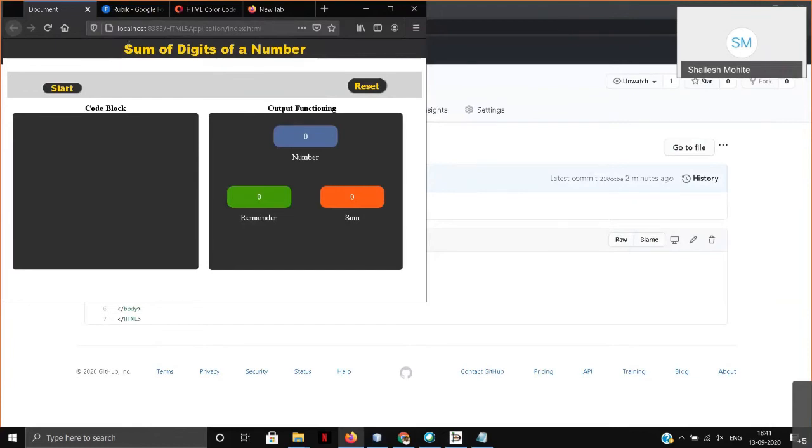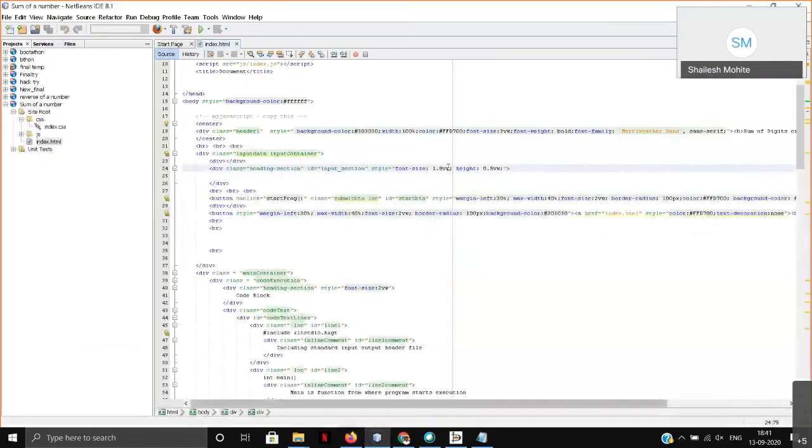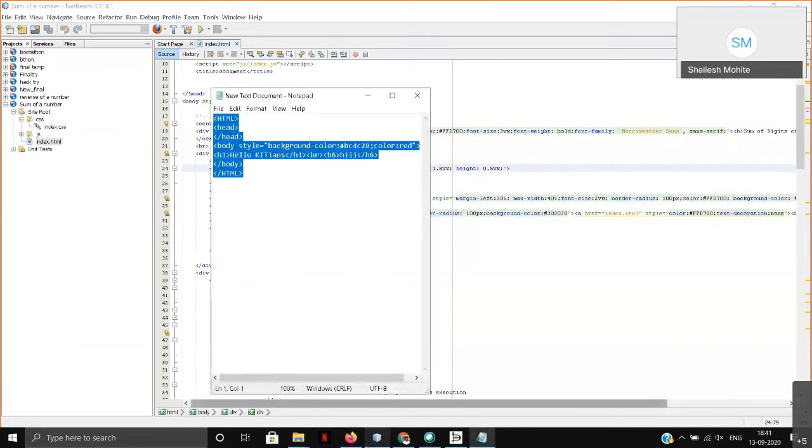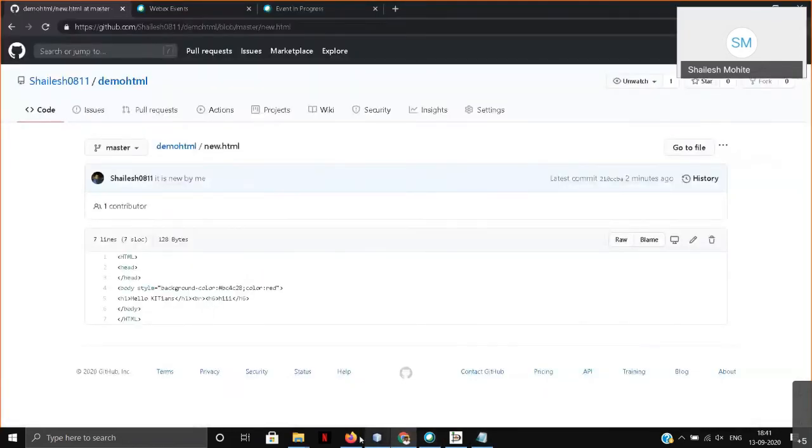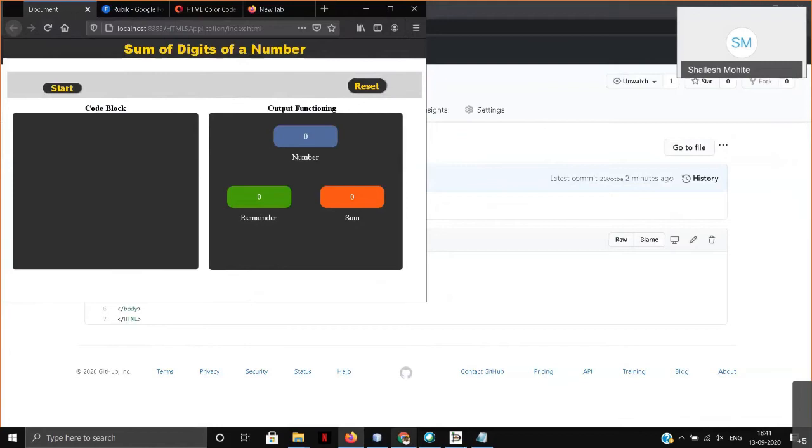It is the value which is the ratio of width to height. So width to height is equal to 1.8. And when you change this ratio, you can see the change here on your website.